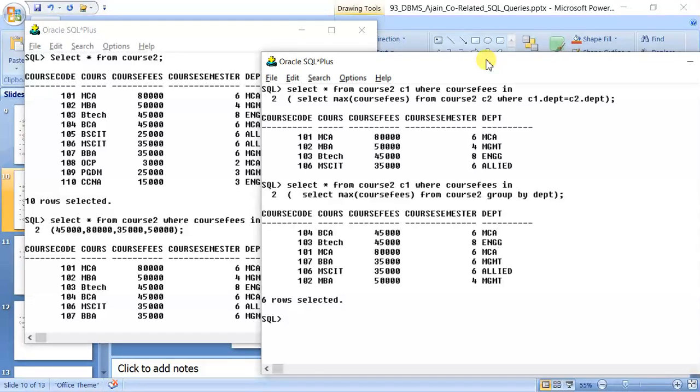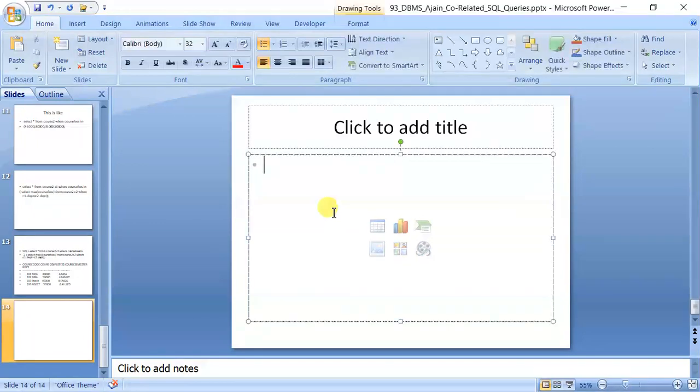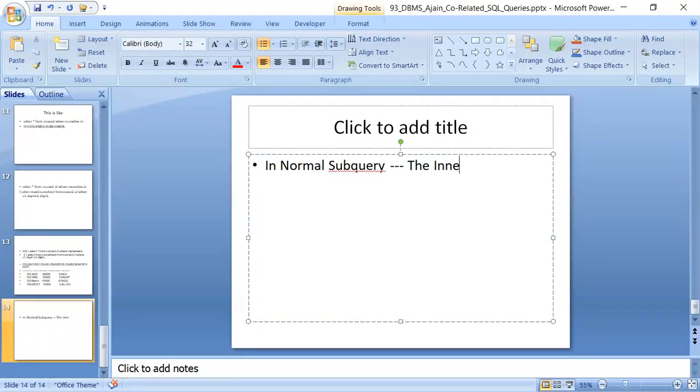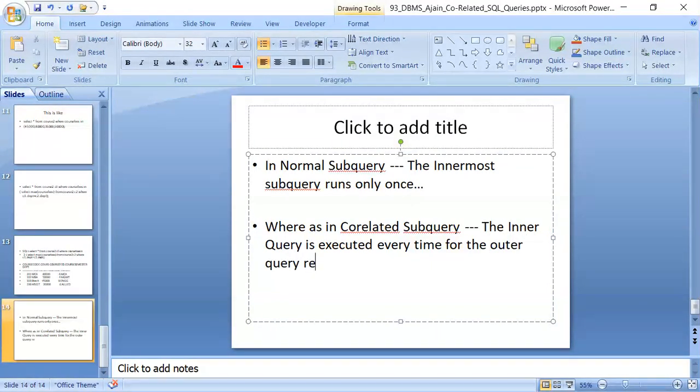The difference I am again telling you, I am writing: in a normal subquery, the innermost subquery runs only once, whereas in a correlated subquery, the inner query is executed every time for the outer query record.